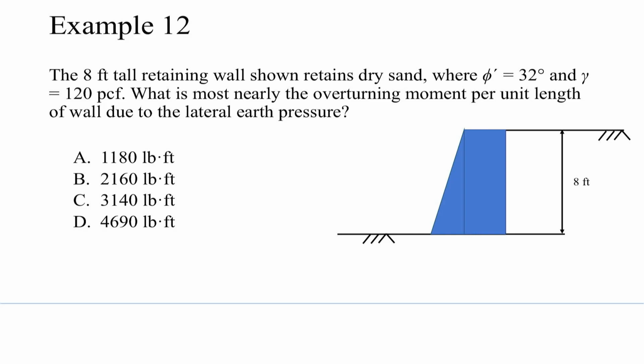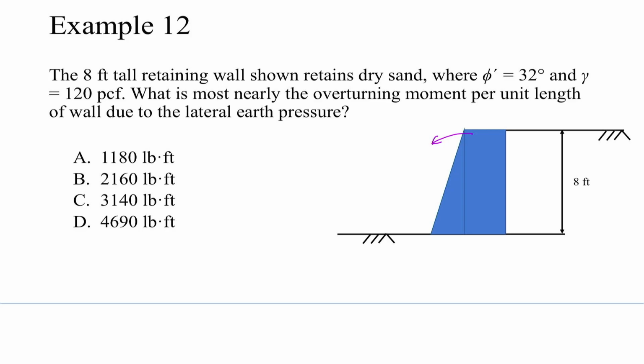So the potential movement of the wall is going this way, actively moving away from the soil. If that's the case, then we are talking about an active lateral earth pressure. For another scenario, if the wall is passively being pushed into the soil, then the soil pressure in that case is the passive lateral earth pressure. But for our case over here, we're talking about